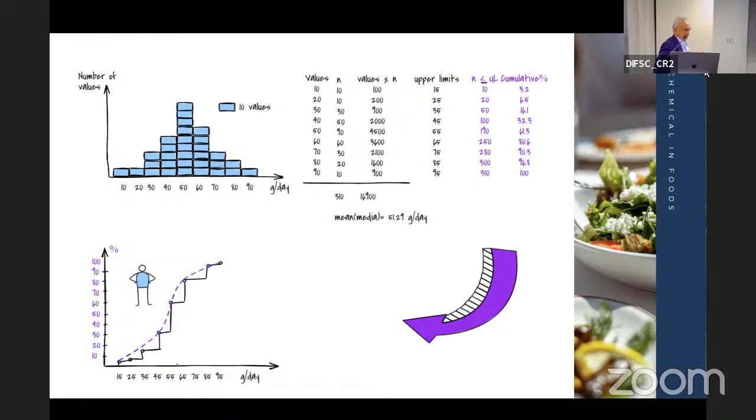Okay. So after that, I move to 25. What do I do? I add 10 and 10, plus 10, 20. That means I have 20 people declared consuming 25 grams or less. You got it? And you move until we reach the total number. Now, if I use this number 10, 20 in those ones,